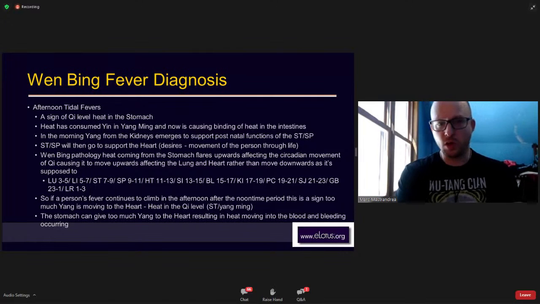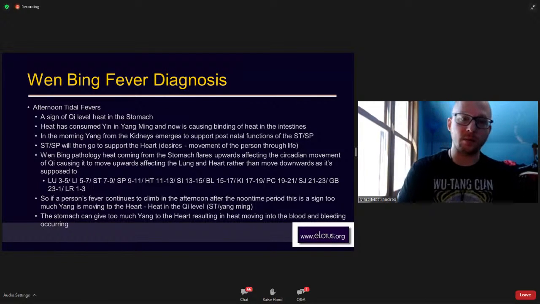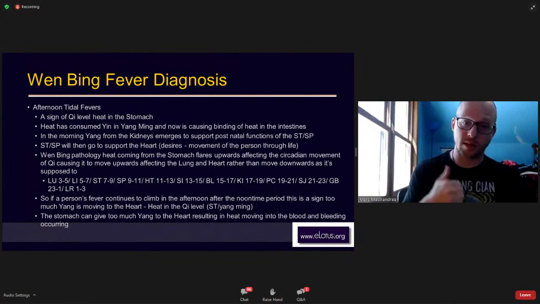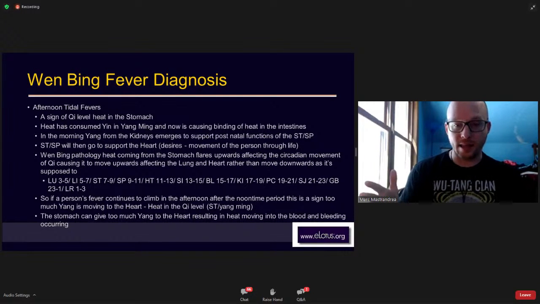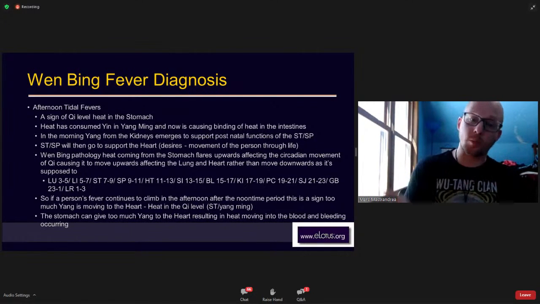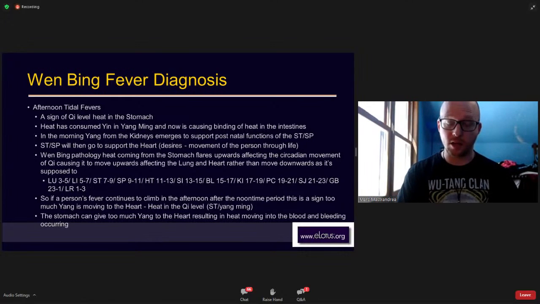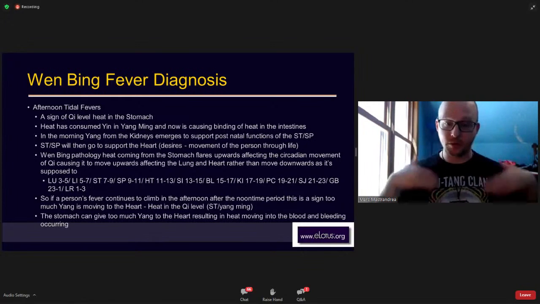And so you start to get the idea that the Qi from the stomach should flow to the heart, right? And then flow down into the body. We talked about this yesterday: small intestine, bladder, kidney, these are all in the lower jiao. Instead, you'll find that a lot of that heat will start flaring back upwards again, right? Instead of moving down the body to allow the Yang Qi to move down, you'll get this heat in the afternoon, this tidal fever,